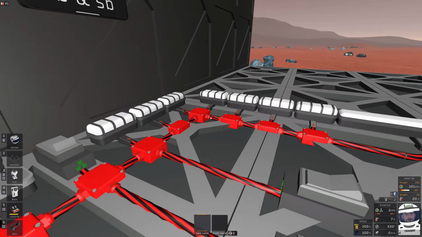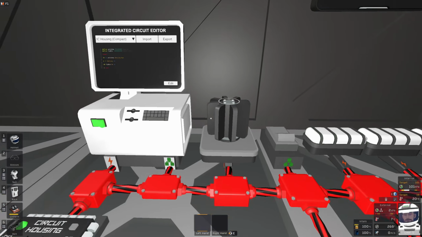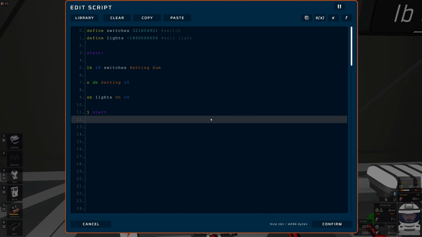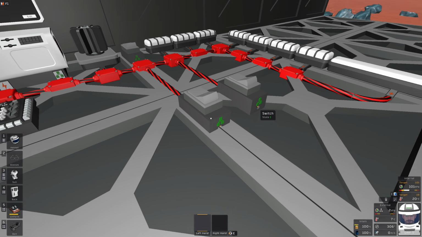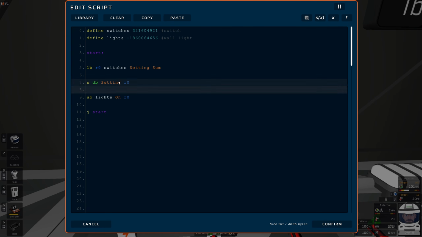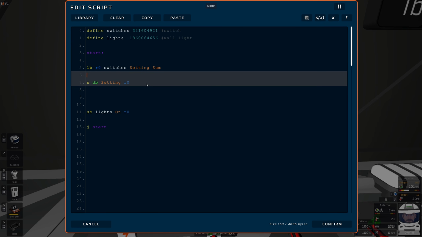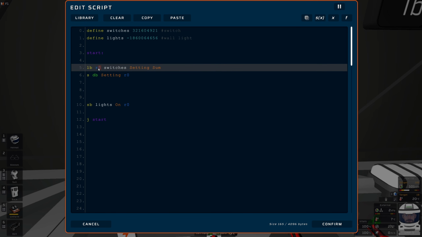Now, obviously you can hear the clicking. That's because our code is constantly trying to turn them on, turn them off, and it just isn't working. It's because it's trying to write basically a 3 to the lights, and it's just getting confused. But don't worry about that. This is just because I'm showing you this example. I'm going to leave that line in there, so we can always refer back to it. But basically, what we now need to do is we need to do a check. We want this R0